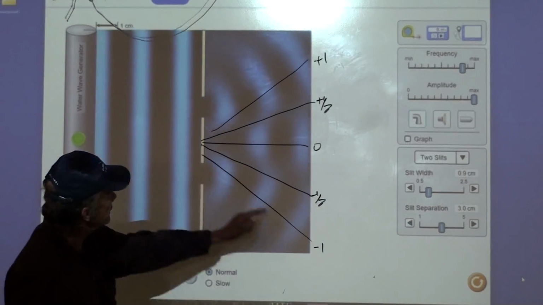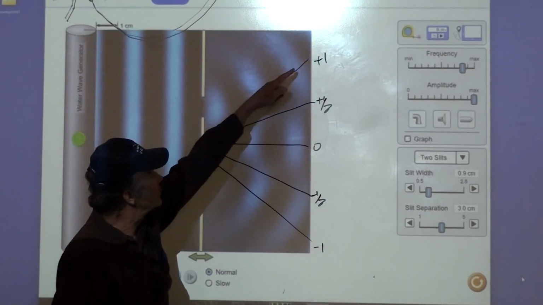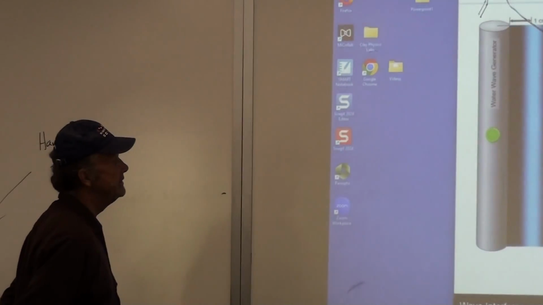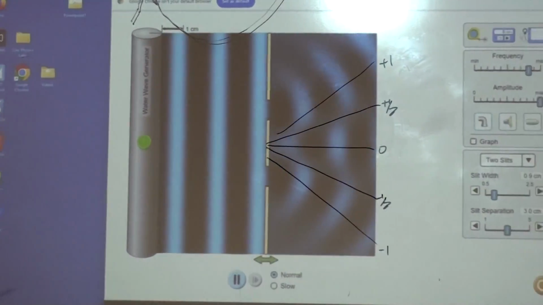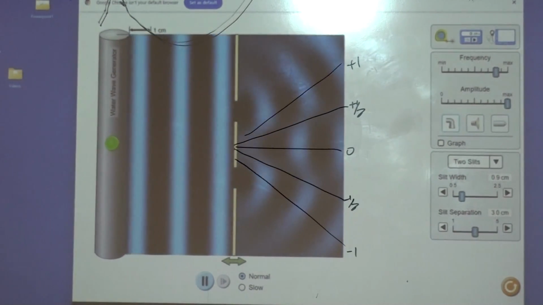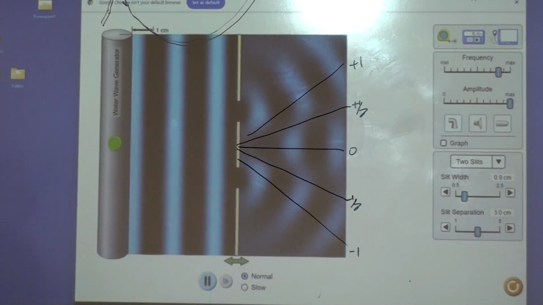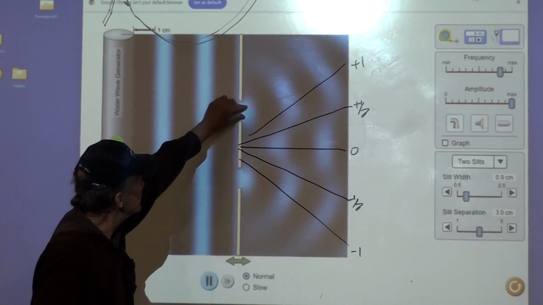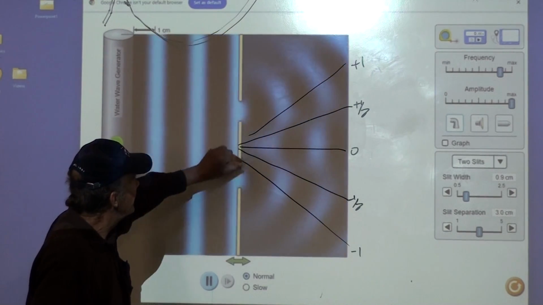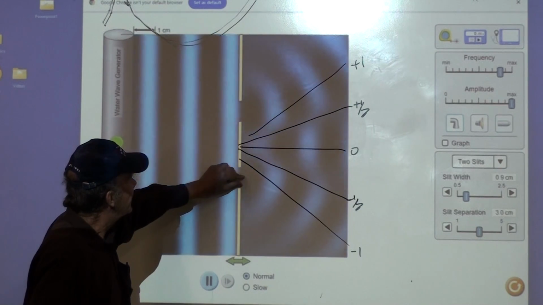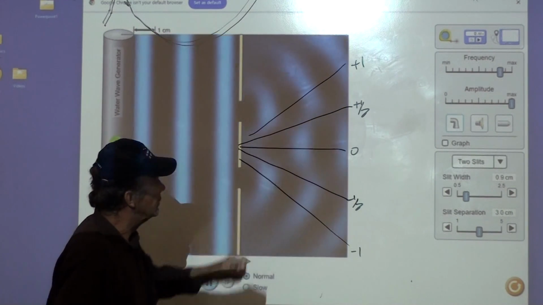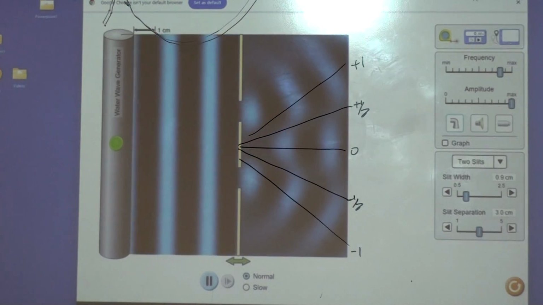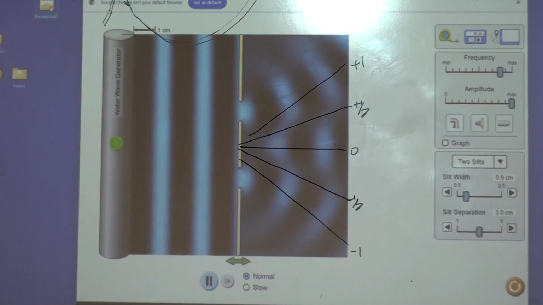So we're getting constructive interference along the integers, and along the half integers, we're getting destructive interference, or dark spots on the screen. So the plane wave is coming in, we're blocking most of the waves so that we just have point sources essentially from these two that are interfering in order to produce either constructive or destructive interference. So if we go back to the picture of all of this,